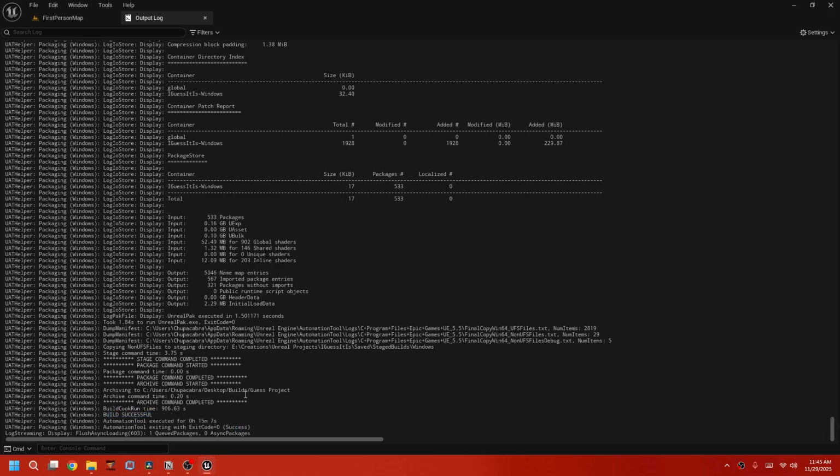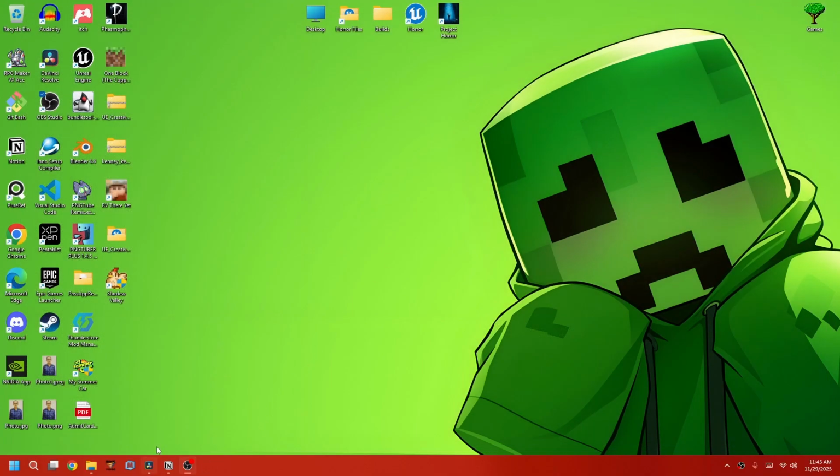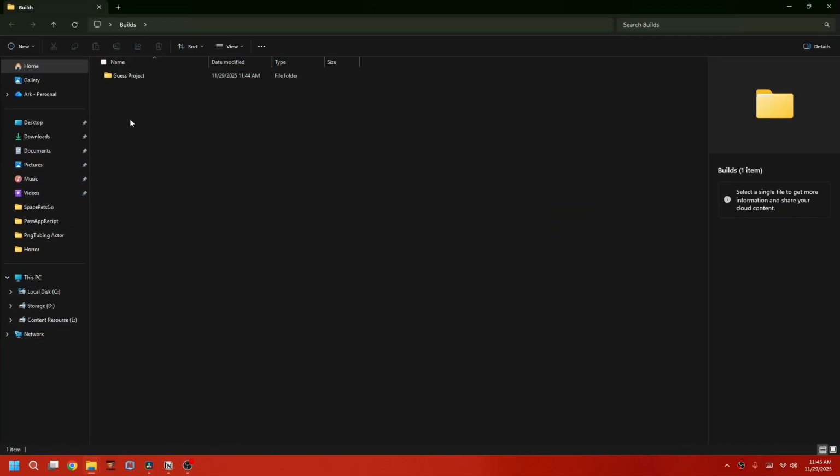If you have any other errors, maybe the exit code is something else and the build is unsuccessful, just search the exit code or just copy this much portion of the code and then just upload it onto Google and someone will give you the answer. Okay. But most of the time it should be successful, and most of the time you will see what the problem is over here. For now it is successful, and so we're just going to go and see our project. Alright, so let's open up our folder,